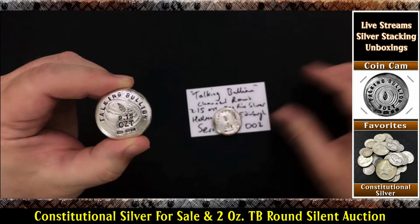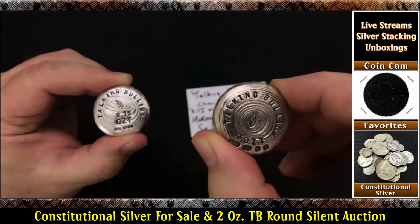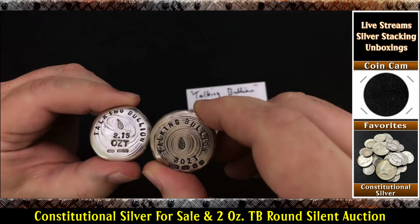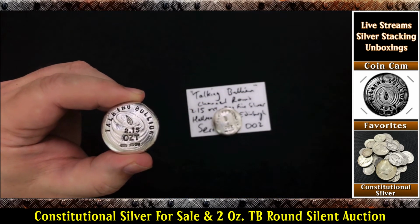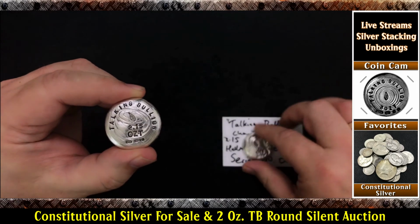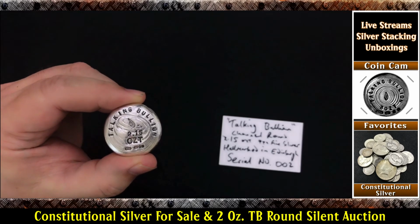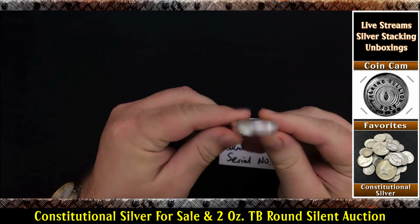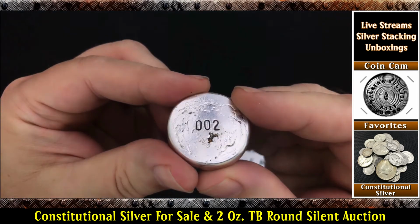That's a special one. And as you know, over here in the coin cam, we got the 3-ounce round. There's only one ever 3-ounce round as well. Look at that. You can see the toning on that thing from sitting out, can't you? Hadn't noticed that before. So I'm keeping the one. The only other 2-ounce, I'll have one 2 ounce and 1 3 ounce in my collection for me, but there's only one other. I only had 2 of them made. This is serial number 2, and